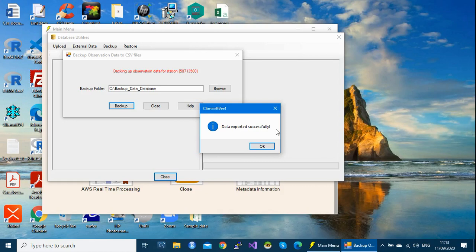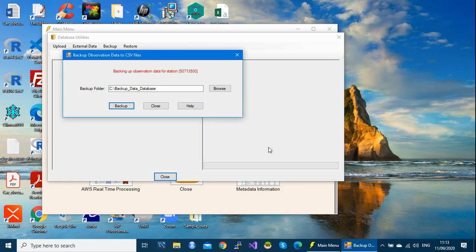So in that folder, we'll have all the stations, each station with a file of data in CSV text format. So if you click OK, as I said, in this folder, the system has backed up our data, and the data is backed up in such a way that each station has got its data, and so on and so on.